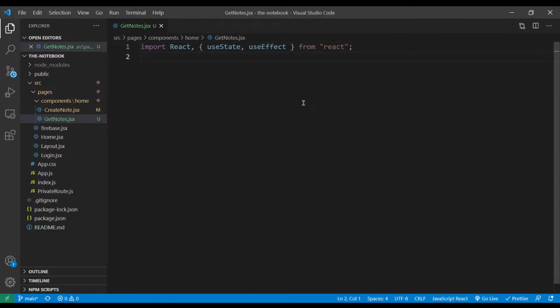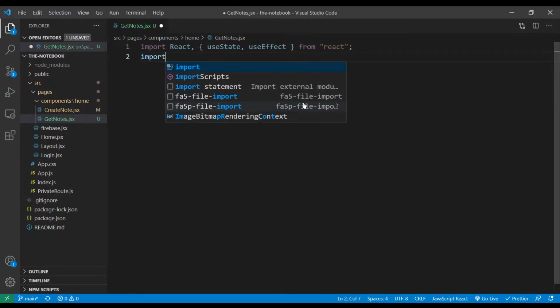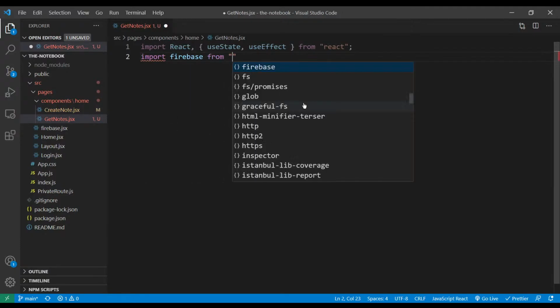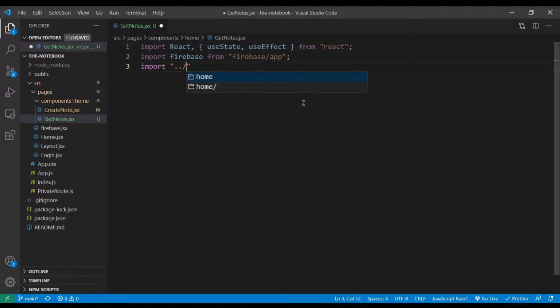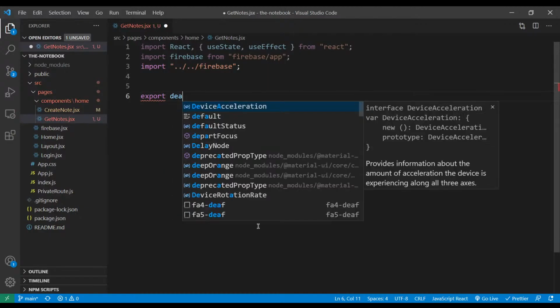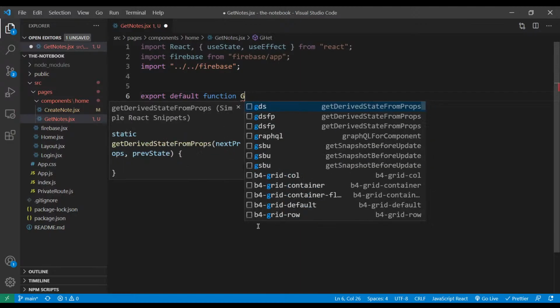Once that is done, I want to import Firebase as well. We're going to import the Firebase configuration file. So that's going to import the Firebase thingy as well. And at the bottom, let's export a default function. So let's say export default function getNodes,